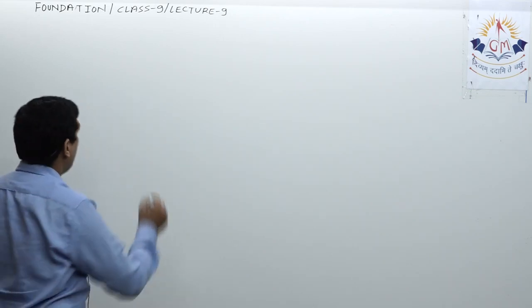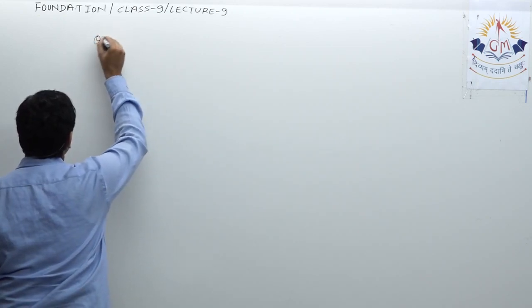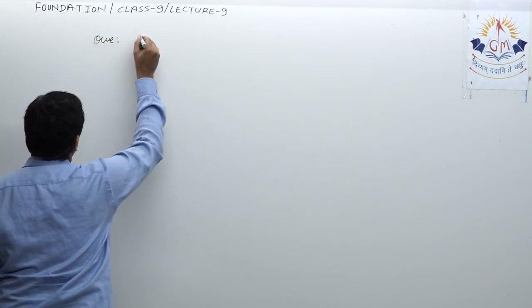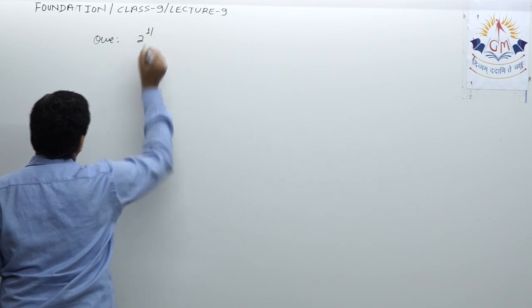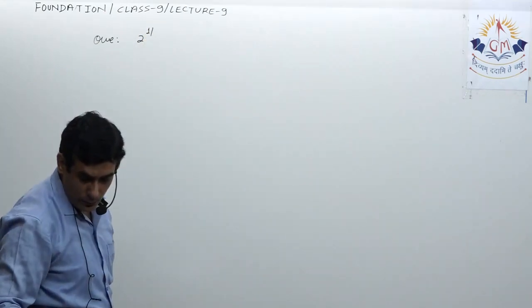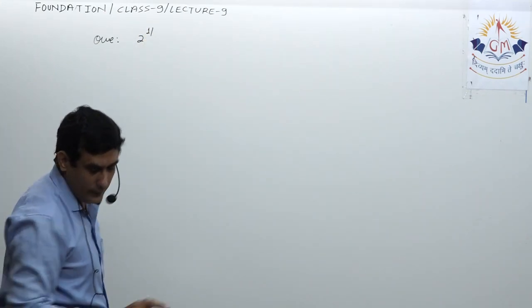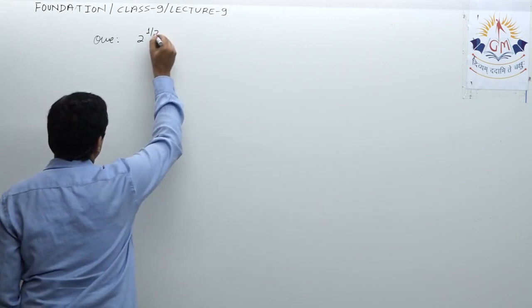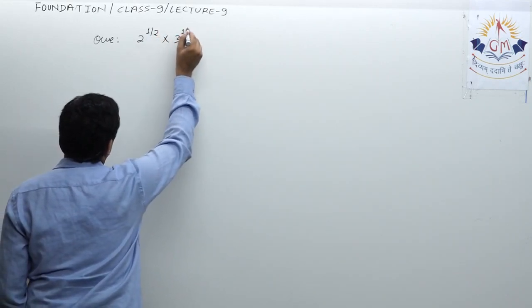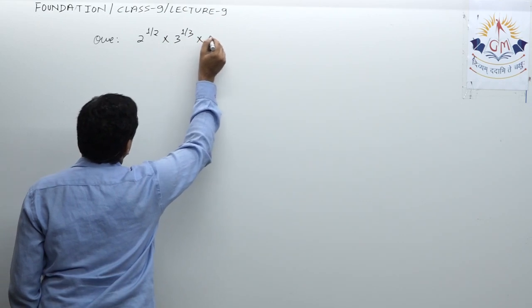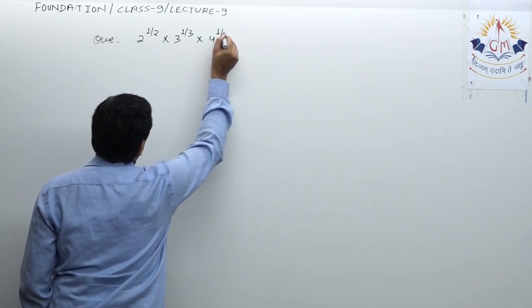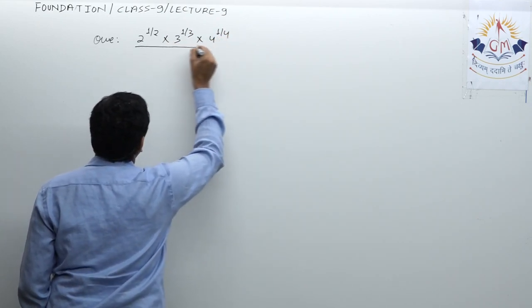2 raised to 1 by 3, simplify 2 raised to 1 by 2, 3 raised to 1 by 3, 2 raised to 1 by 2, 3 raised to 1 by 3, 4 raised to 1 by 4 divided by